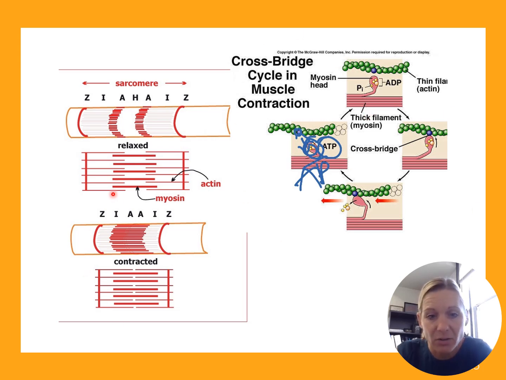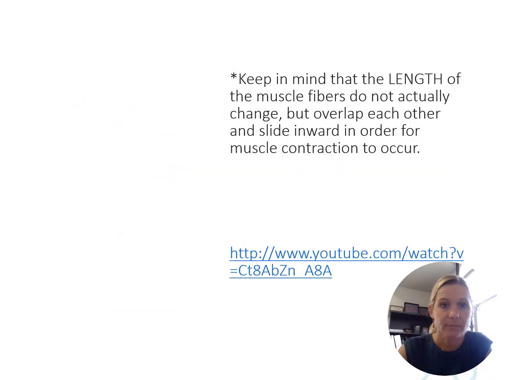Okay, so what does this look like? So again, here you can see the myosin, here you can see the thin filaments, the actin. When they're in a relaxed position, the actin molecules are not touching each other. Okay, so they're far apart. And essentially what's happening when we contract is we're pulling those actin ends into each other. Okay, so here you can see in a relaxed position, the actin molecules are butting up next to each other as that muscle shortens. Okay. Keep in mind, again, the length of those fibers don't actually change, but the overlap is what allows that